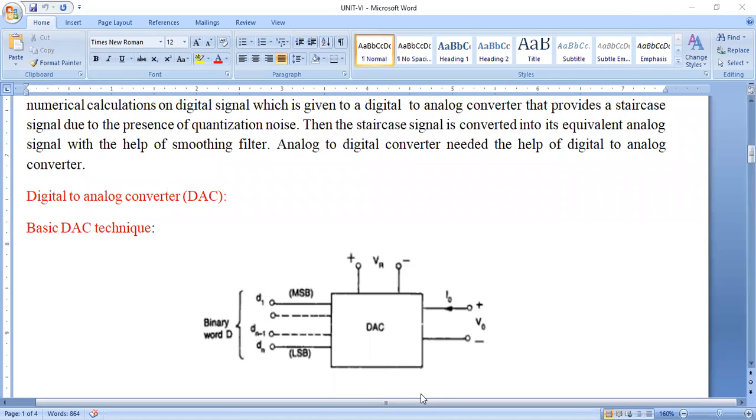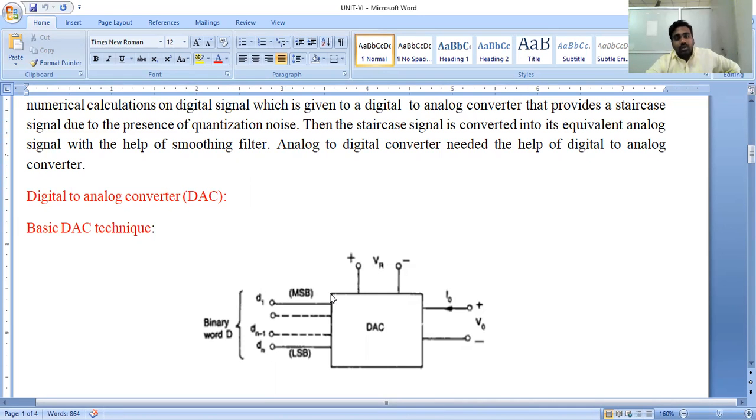So the digital to analog converter, the input is an n-bit binary code, and it is combined with the reference voltage in order to give the output with respect to analog voltage. The output of digital to analog conversion can be either voltage or current. For voltage output, the digital analog converter is analyzed here, with the reference voltage analyzed with respect to